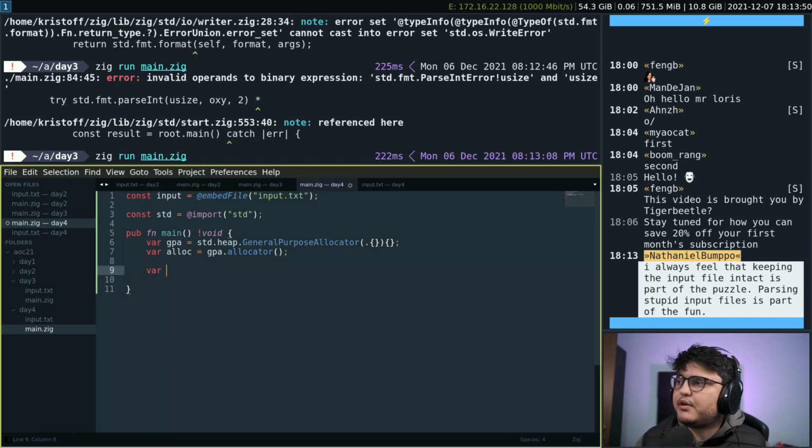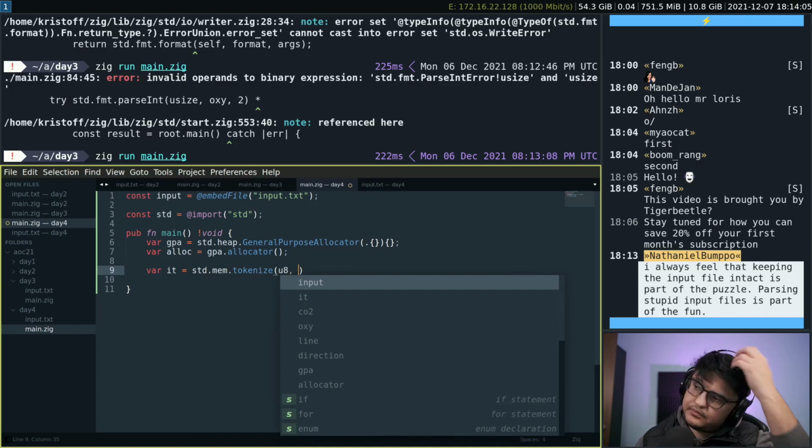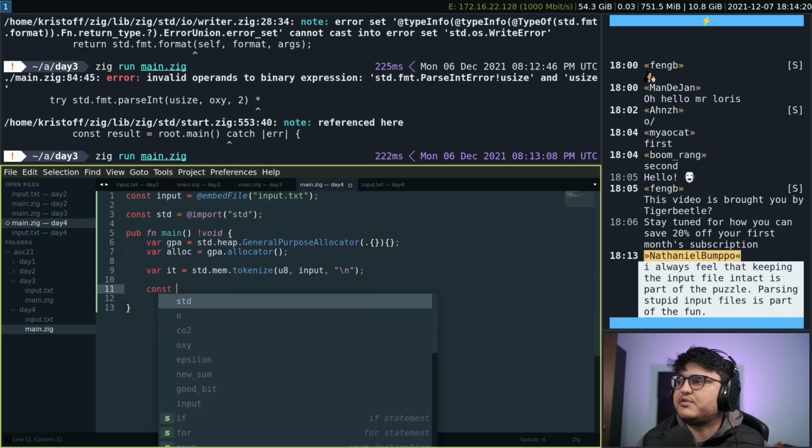So let's have the main iterator do new lines. mem.tokenize bytes. We tokenize input, and is there anything else? Yes, the separator, which is new line, the delimiter thingy. So this is gonna give us the first line. So var or const